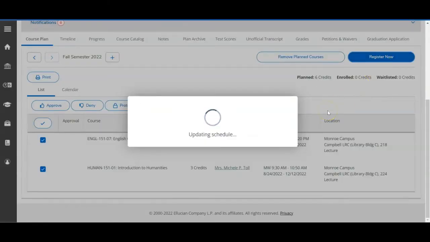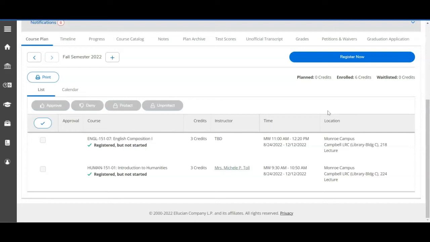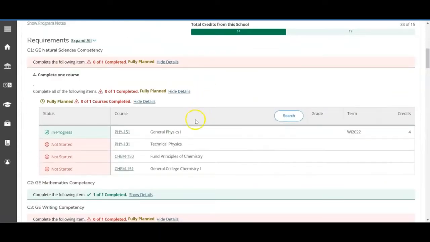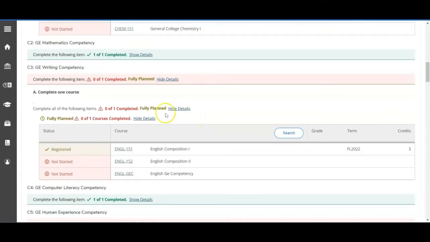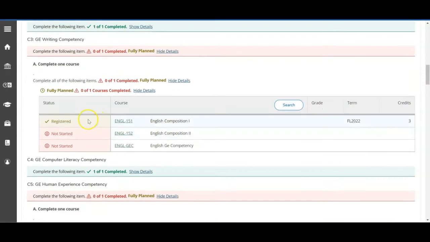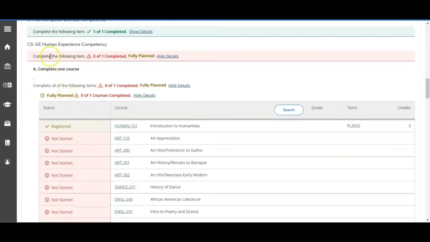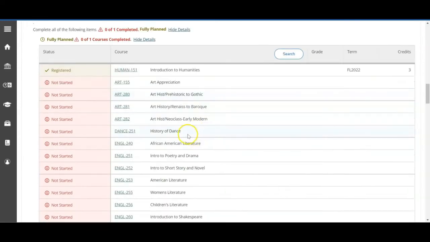It takes just a moment. And now we show that the student has registered for those courses. If we go back to progress and we look under the writing competency, we can see now that the student is registered. If the student had not been registered, again, it will show planned here. And then we can scroll down to our human experience competency, and it will show that the student is also